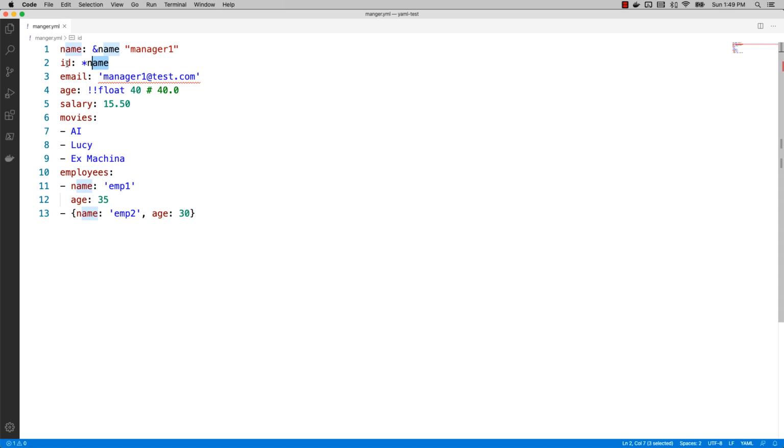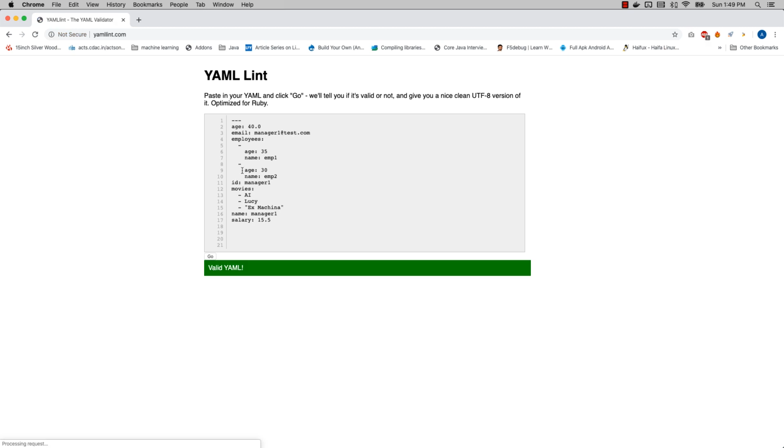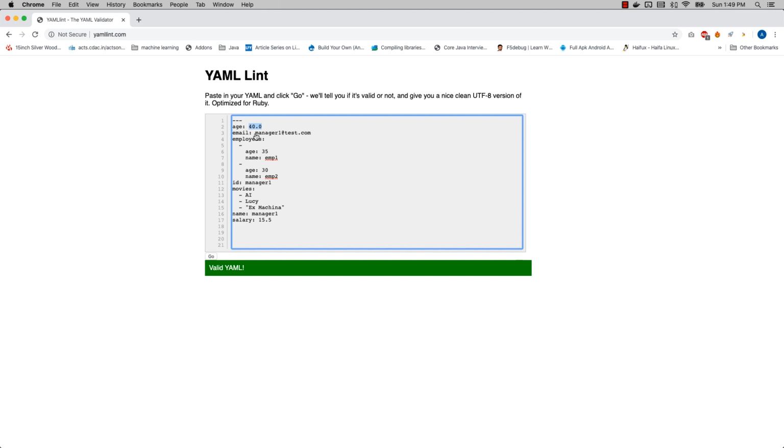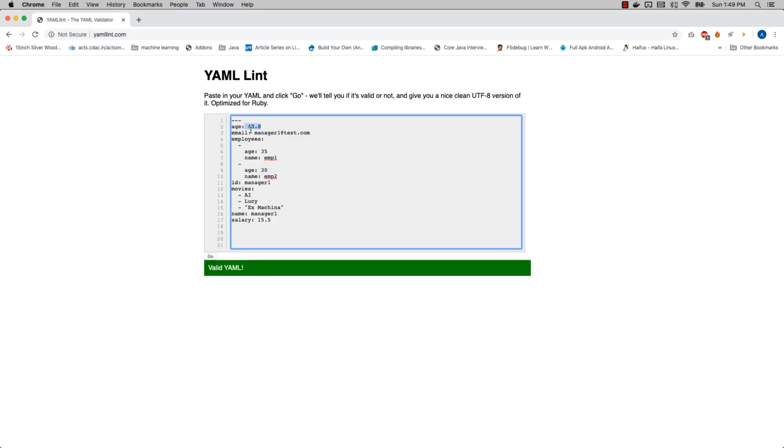So I have written a few things here. Probably I'm just going to copy that and validate it. How do I validate that? To validate it, you can go to, let's say, any browser, and go to YAML lint. There are various different websites where you can validate it. I'm using YAML lint here, and simply go back and paste it there. So I'm going to paste it and say go. When I say go, it shows your YAML syntax is valid. Note that in this case, age is not rendered as 40. Instead, it is rendered as 40.0. The reason behind this is very simple. We forced YAML to consider 40 as a float, and that is the reason why instead of 40, it is considering it as a float.